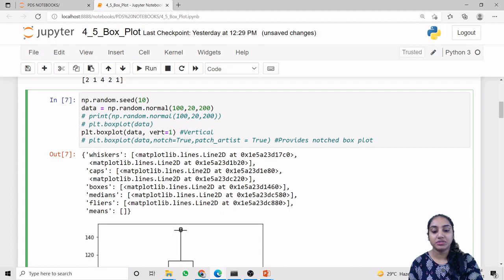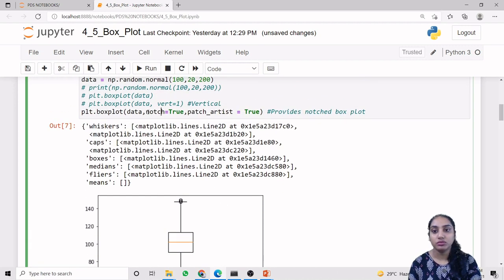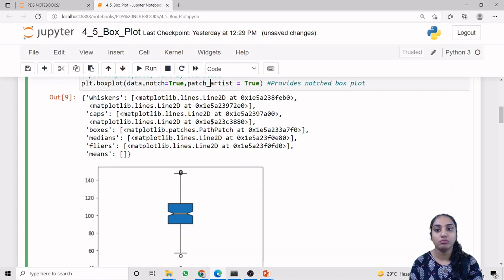Now we can also represent our box plot data in which the box has a different representation, with filled color. So notch equals true. First of all, we are removing this right now. Okay, so notch equals true. Let us see the difference. Look, by this median, it is created in this kind of format. Now we are adding another attribute, patch_artist, and we are assigning the value equal to true. Now it will provide the filled notch. So this box is filled with the default blue color. So these are two more attributes of your box plot.